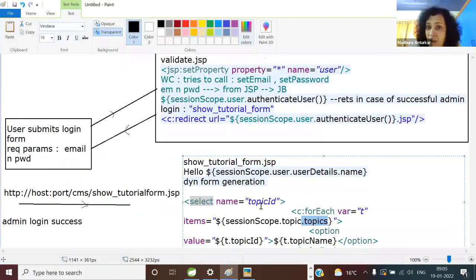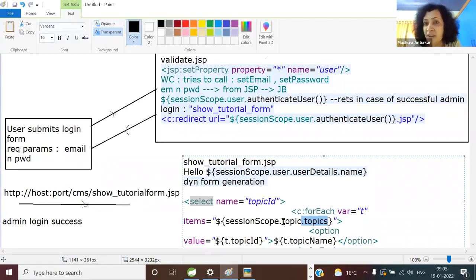Understood it? So now tell me, we wanted to iterate over the list of topics. So is there an iterator tag in the JSP standard actions, or is it from JSTL? The answer is JSTL. So the same things, the JSTL jar was copied. So how do you import the JSTL tag library? Which directive? Taglib. You got it? And so that part is the same. So I'll not waste time. And now, what is the name of the tag? forEach. So the prefix is c for core, and forEach is nothing but Java's equivalent of